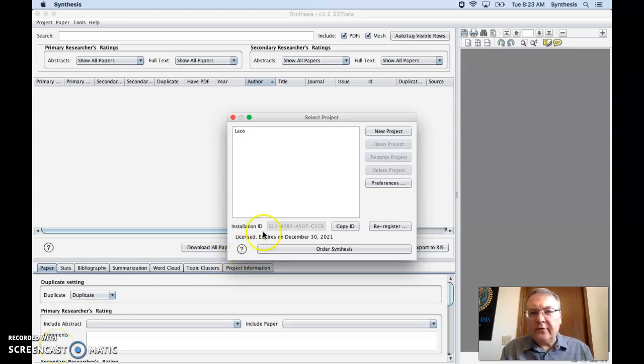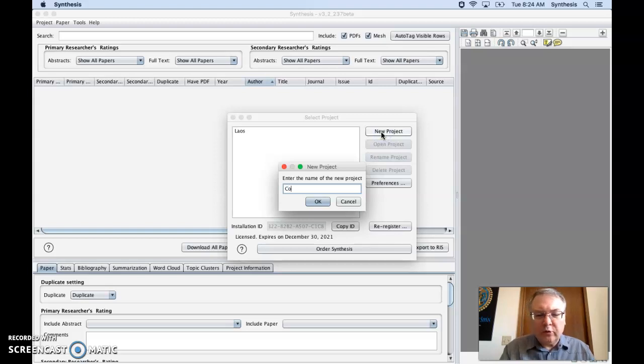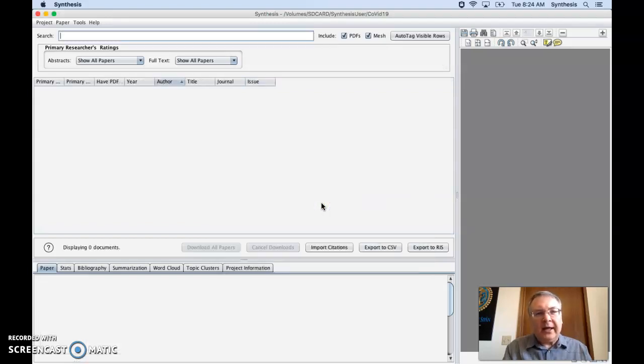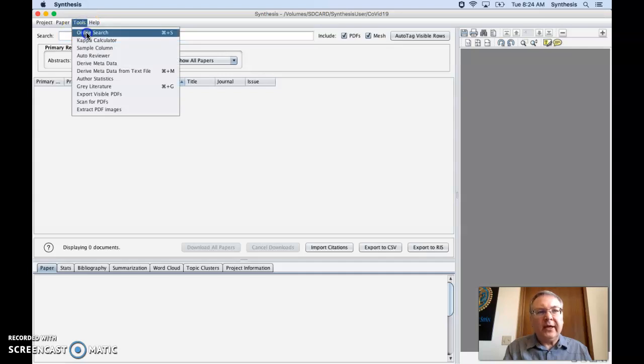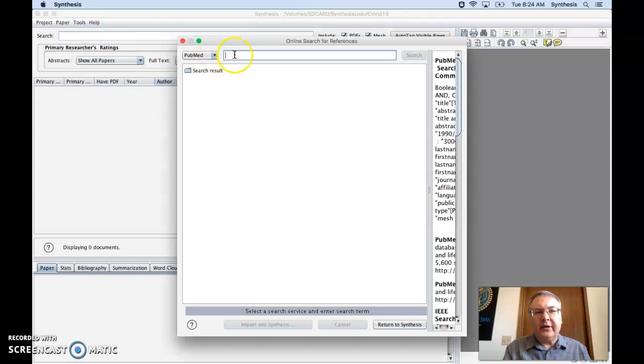Okay, so the first thing that we want to do is create a new project. So we'll call this COVID-19. And once we're in here, we would then head up to Tools and hit Online Search. And under PubMed, we could type in COVID-19